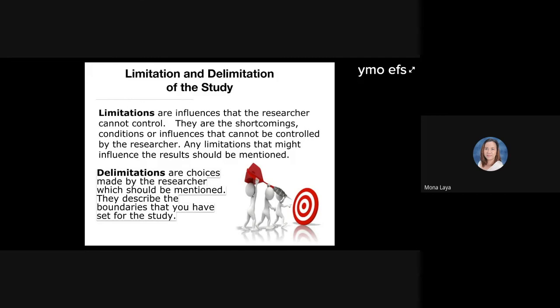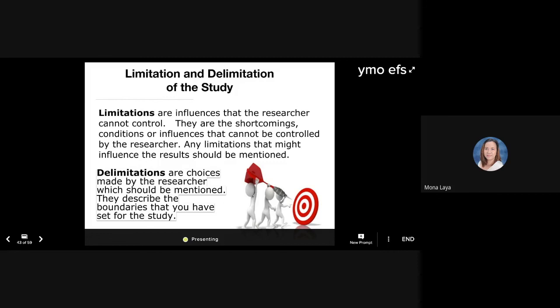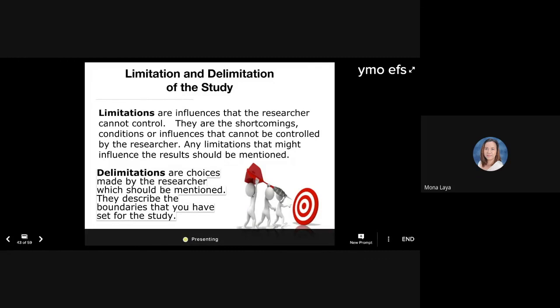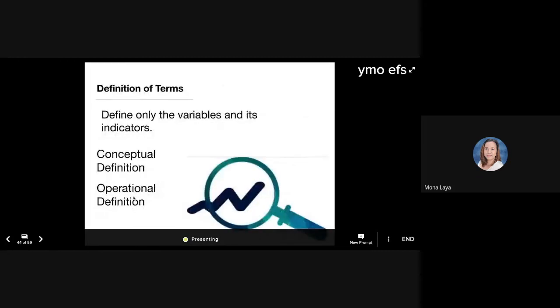So usually, both in the quantity and quality, you have limitations. Okay? But you can skip it. It's up to you if you include the limitation, but oftentimes we do the delimitation. It's clear na you wanted to focus only on something that you wanted to control in your study. It's up to you what you are going to limit to focus on your study with. Okay? Nasa inyo na yan. Choice yan siya ng researcher. So, makontrol niya itong si delimitation.